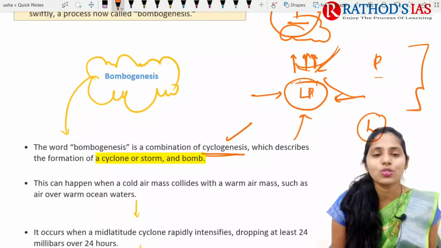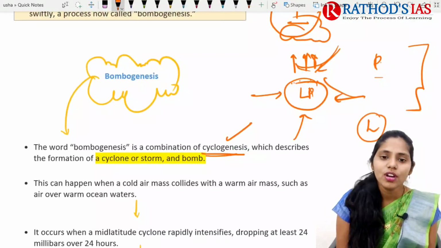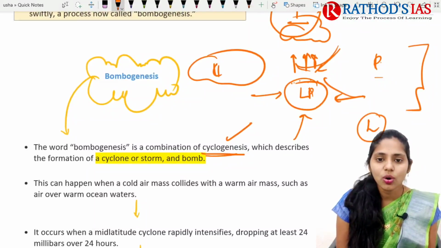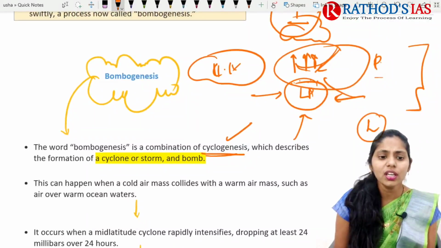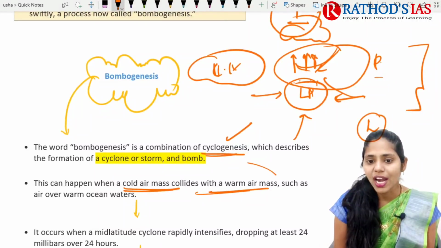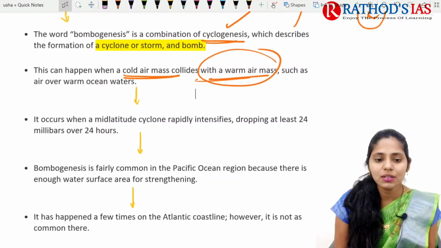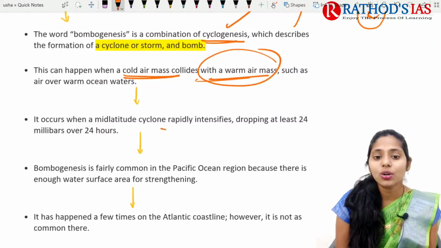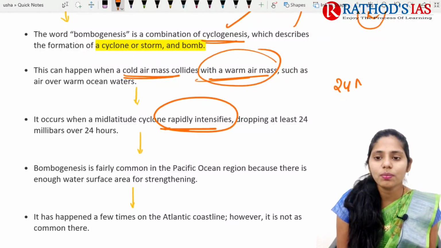So in this way these cyclones are formed, and bombogenesis is formed because of the colliding of a cold air mass with a warm air mass. This can happen when a cold air mass collides with a warm air mass. Next, it mainly occurs in the mid latitudes, and the cyclone rapidly intensifies, dropping at least 24 millibars